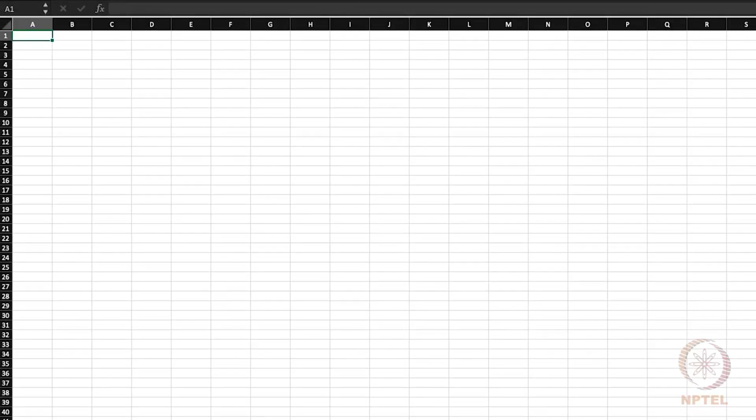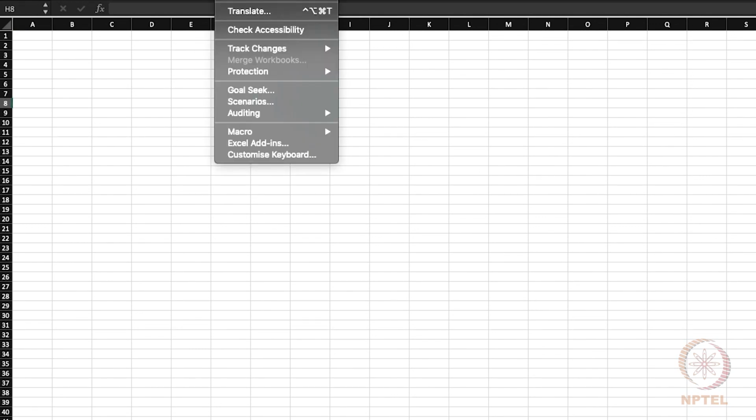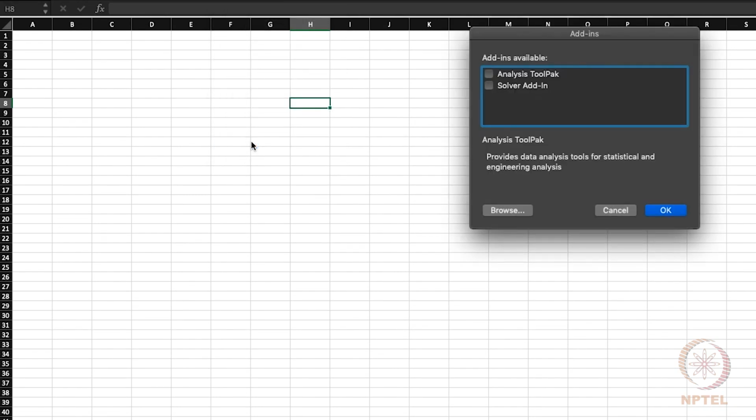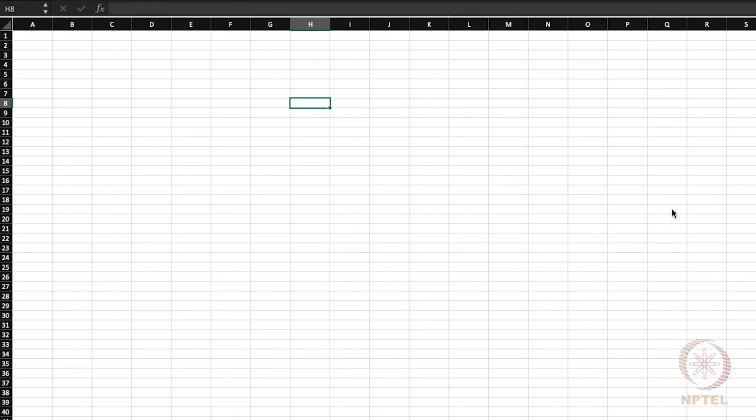So, this is our Excel worksheet, and what I mentioned was we need to go to the tools pack here and come to Excel add-ins. When we click, a new window opens where the analysis tool pack needs to be checked and OK clicked.